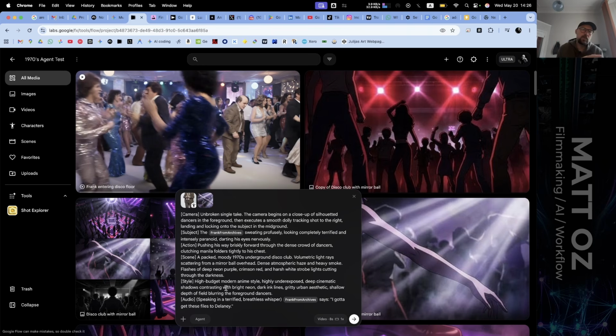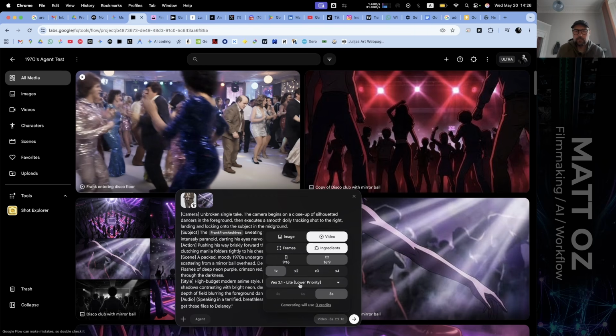If you train your gem with specific instructions for your production, these will be a lot more consistent than the lazy way that I just demonstrated. So we're going to create a Veo 3.1 light, lower priority, 0 credits, 0 cost. And this is for rapid prototyping, making sure that the shot's going to adhere to how you want it to look. Now with these lower quality models, you're going to find that the audio performance is not great.